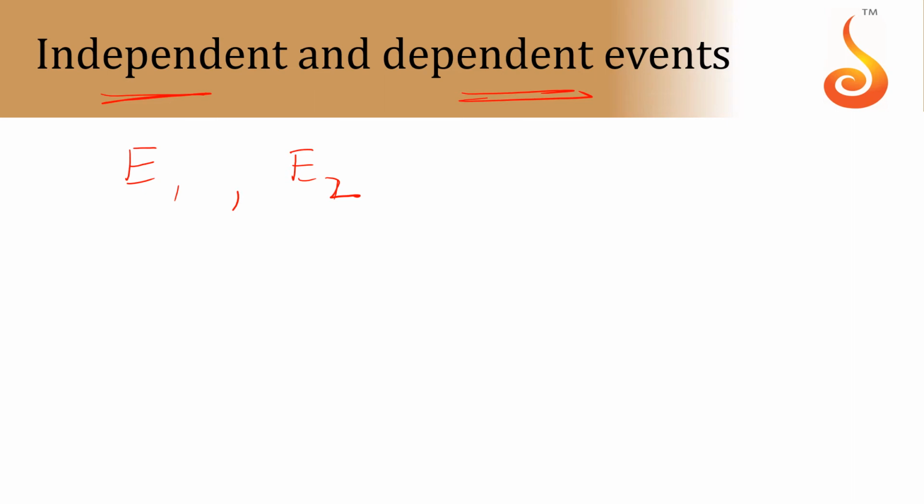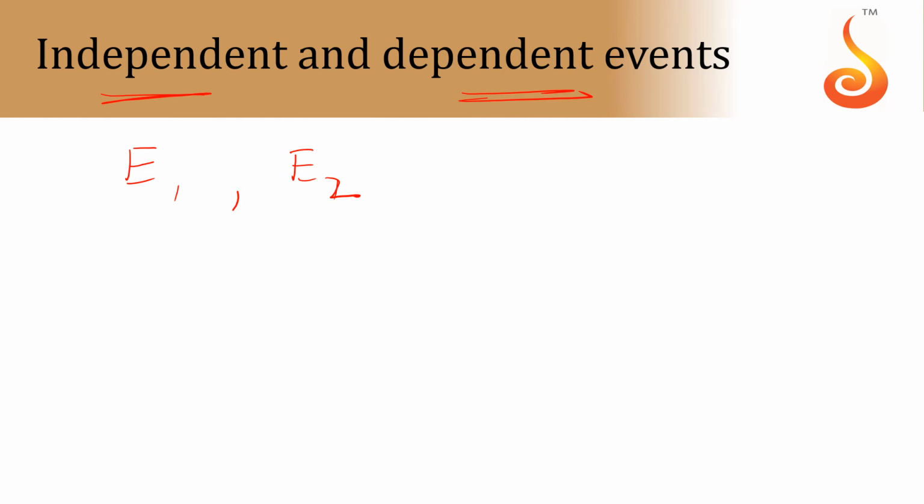If we ask the probability that the first card is a king, you will say 4 by 52. But there is no guarantee you will get a king. So what is the probability that the second card is a king? If I stop here, I can't answer. That's why we ask: what is the probability the second card is a king if the first card was a king? I can say 3 by 51. What is the probability the second card is a king if the first card was not a king? 4 by 51 will be the answer. So they are called dependent events.